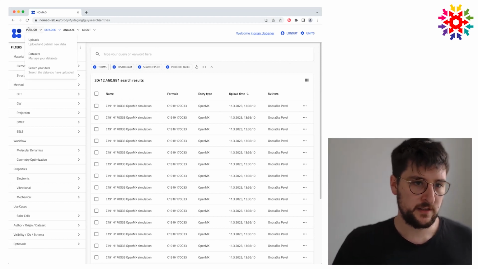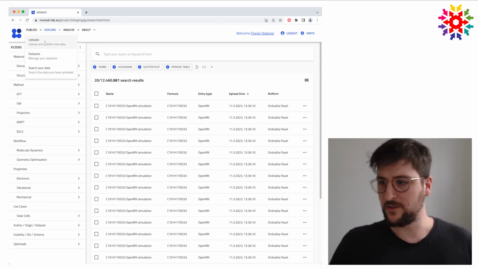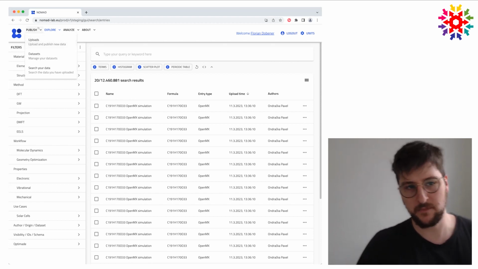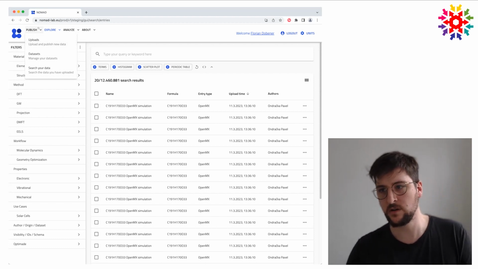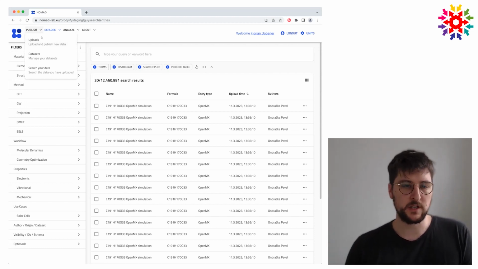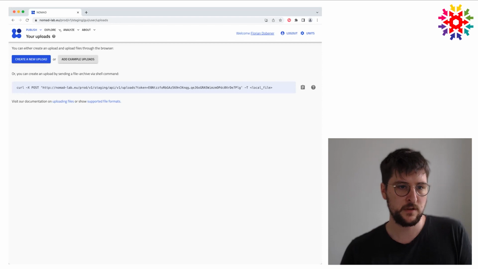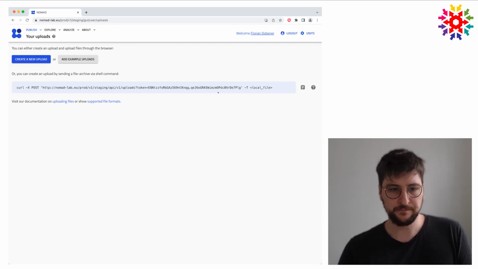Okay, and with this, I will now go into the real part of creating something in NOMAD. So this is this Publish part here. This is what it's all about. We want to generate data, we want to upload data, and finally, hopefully, we want to publish them because these are some nice results. And when I go to the uploads here, you already see, as I promised,